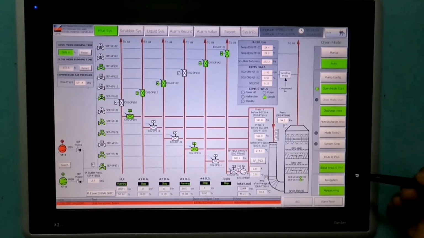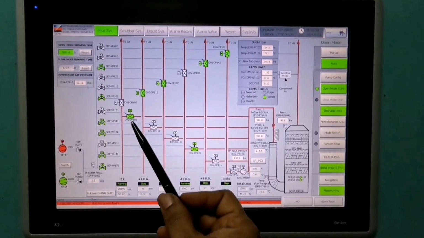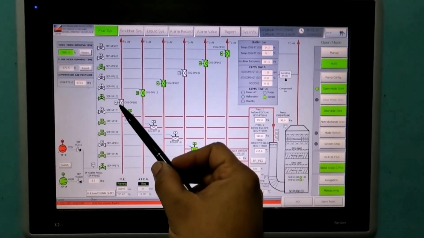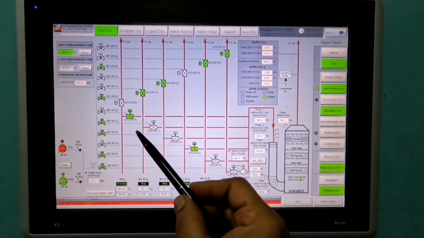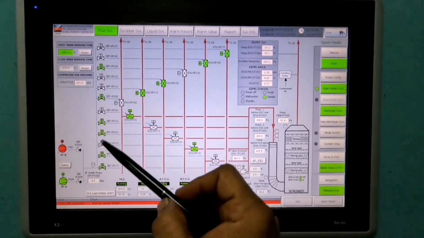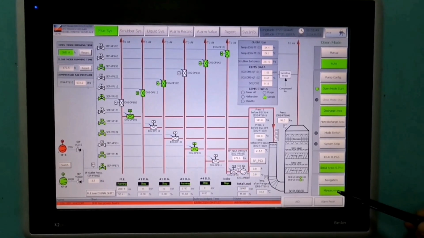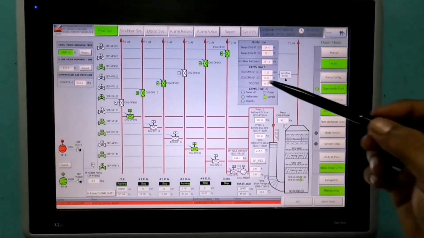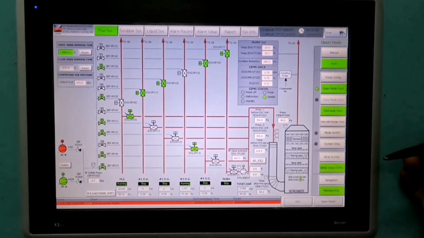Maneuvering, when we select it, means there will be frequent stoppages of the main engine. As the main engine stops, these two valves will operate very frequently: that one will open, this will close. So when the main engine is running, this will open and this will close. Now we have selected maneuvering permanently, to avoid any problem during changeover, or if any alarm comes and the main engine trips, it should change over immediately.